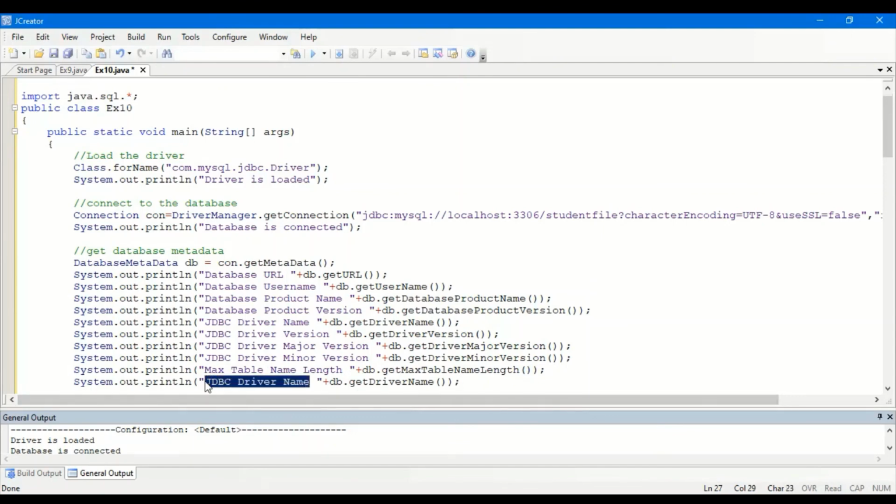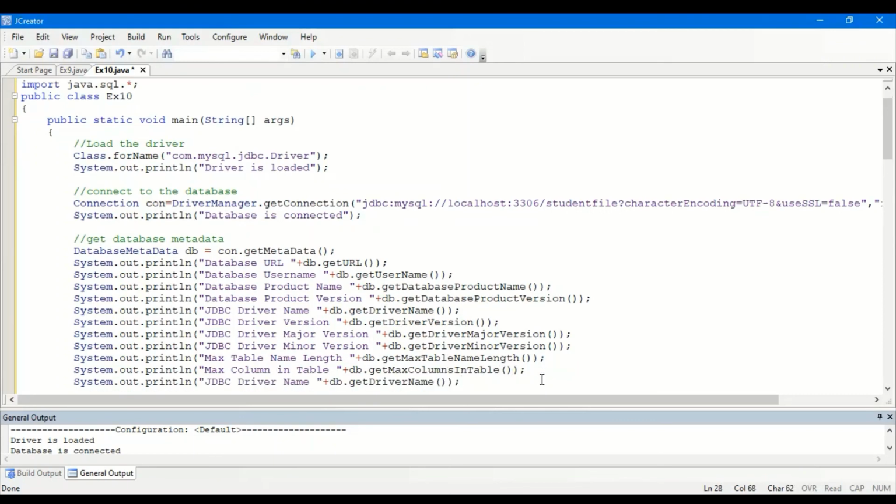Maybe the maximum is 10 columns or what? So getMaxColumnsInTable, spelling is correct. That's what you call in table.